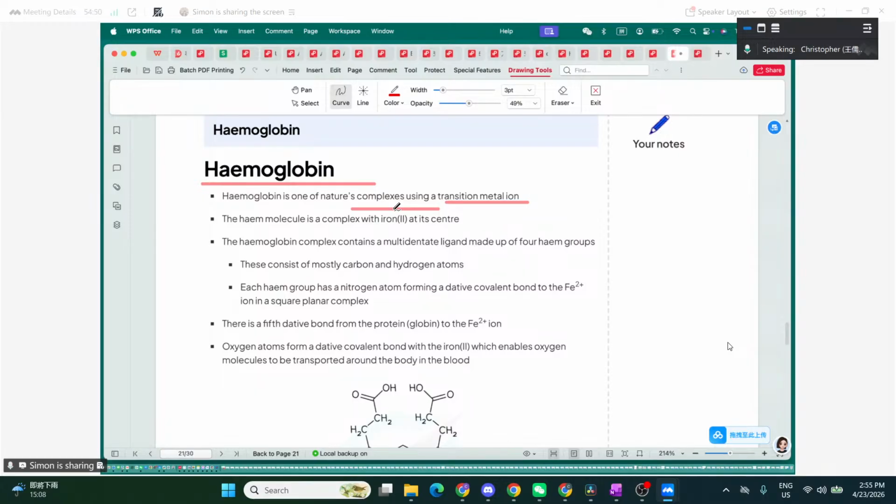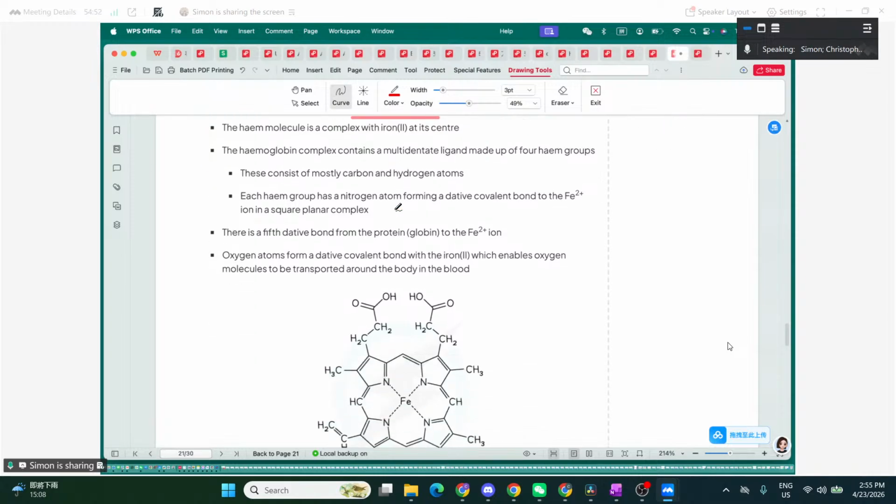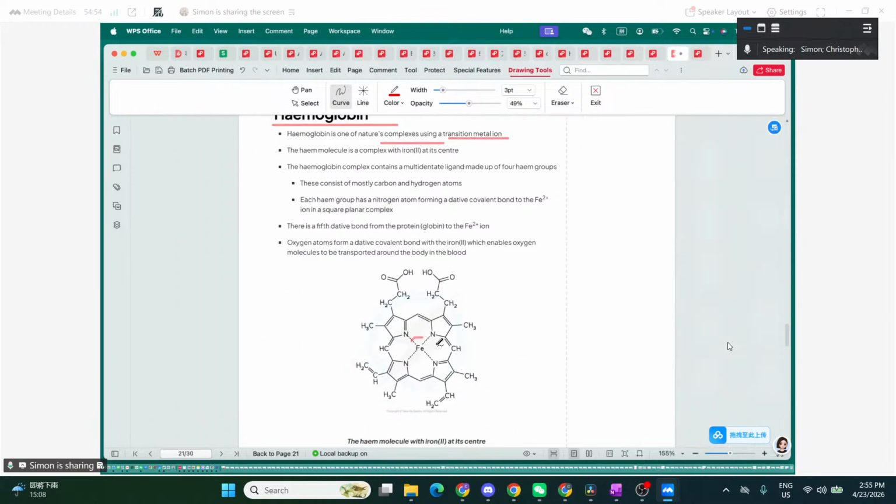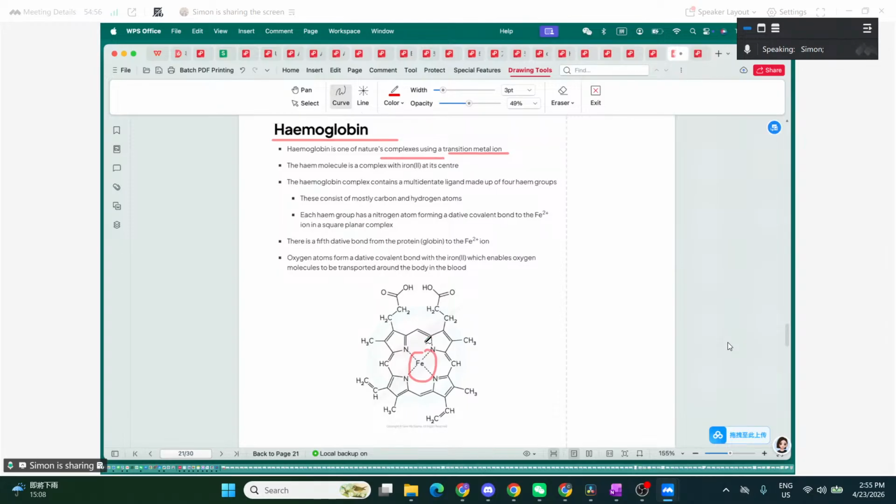According to the graph, you can see the iron is in the center. And this is the protein, right? It's protein, this one. The function of this hemoglobin is one of nature's complexes used in the transition